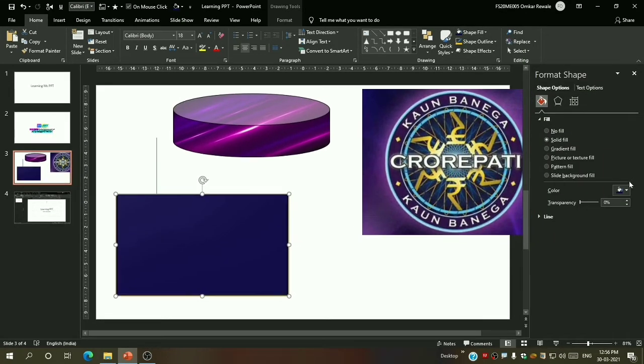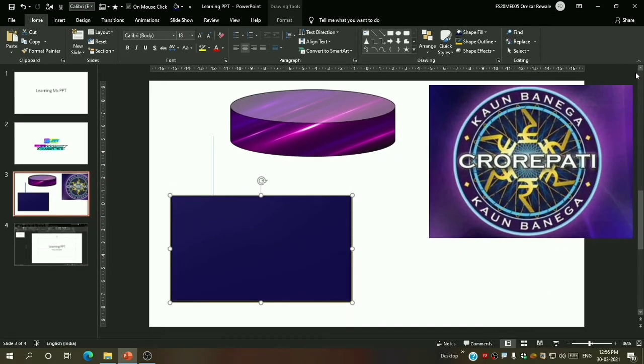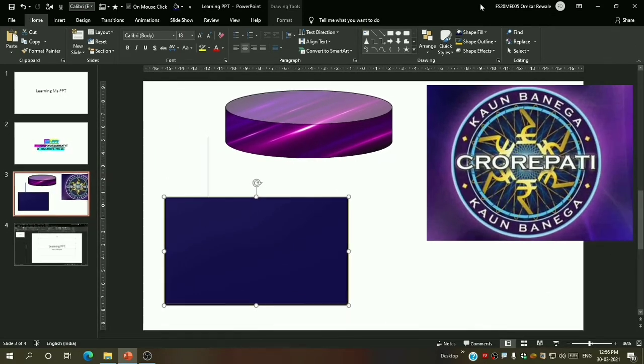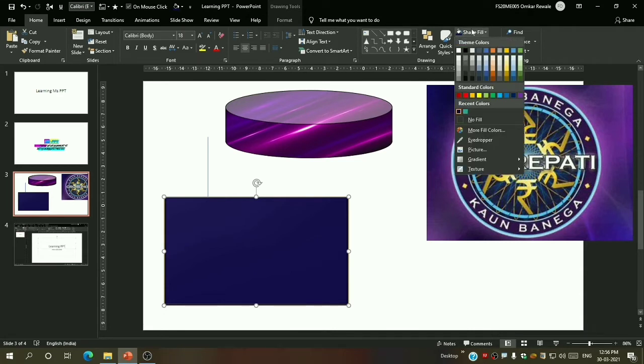You can see this tab. Then again, this is the format shape tab which we will discuss afterward. Okay, so this is something basic and advanced of shape fill. So we have completed shape fill.